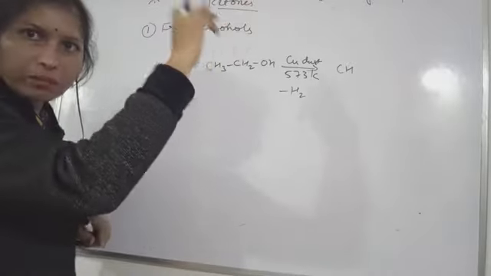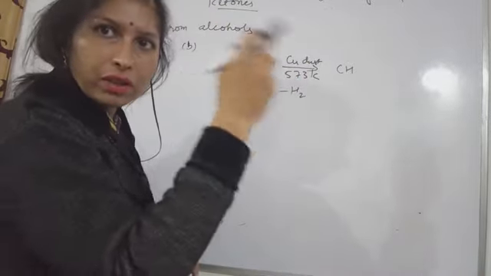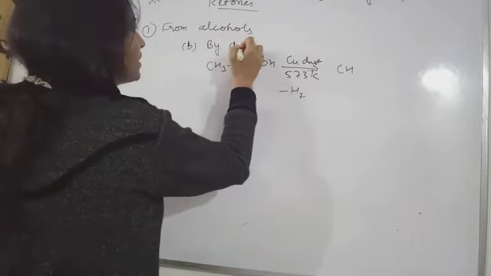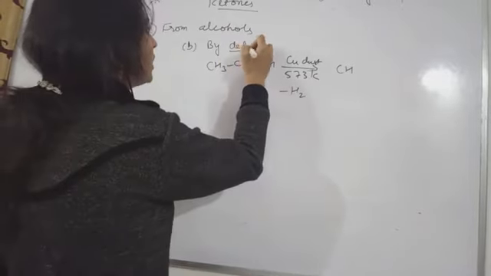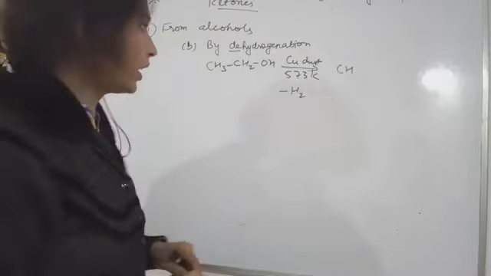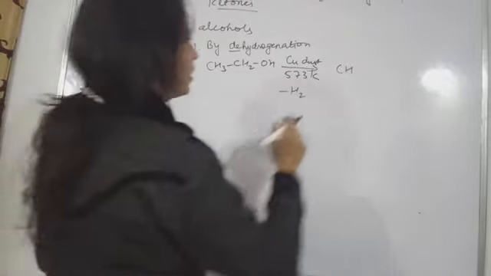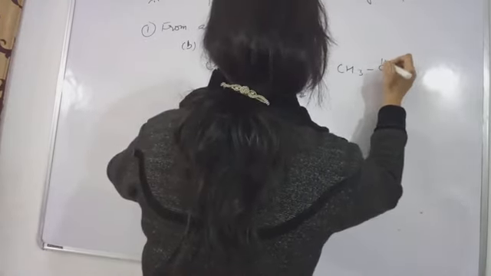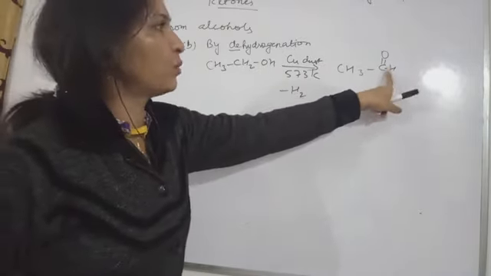From alcohols only we made the aldehydes and ketones. So that was by oxidation, we were calling it oxidation. This will be called by dehydrogenation. The D word will tell you about the removal. So this is dehydrogenation of alcohol. In this case hydrogen will be taken out, here also hydrogen will be taken out. So you are left with what? This is CH and this will be O. So this will be called aldehyde. Why? Because H is also present here.